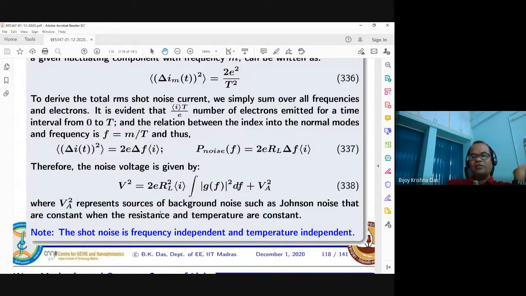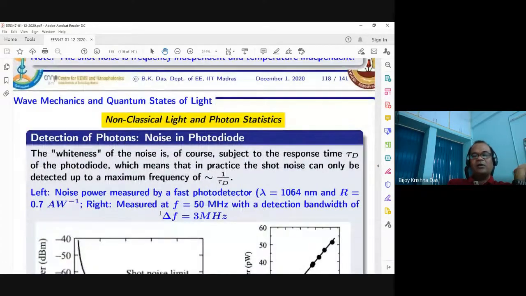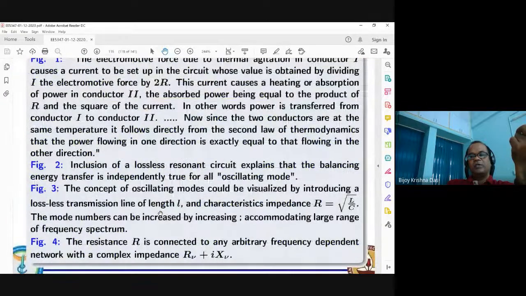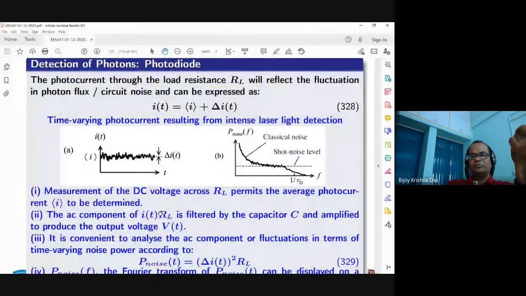Okay. So whenever you get this, I go back to that expression again. I should have put one figure there. Here, as the frequency is increasing, your Johnson noise is reducing, but this quantum noise, so-called shot noise, is limited here. So it is saturating. This is the shot noise level, flattened. But after that, you see that it is further reducing. This is an experimental result. Again reducing.